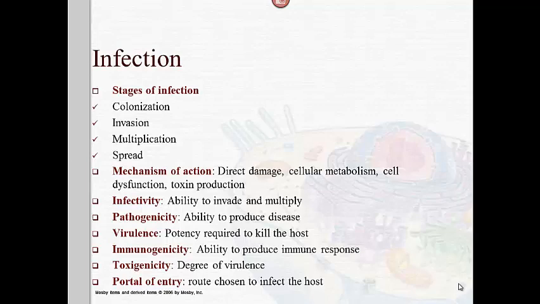By either providing a cell dysfunction, for example, if they attack the nuclei of the cell and cause DNA synthesis to be impaired, or by toxic production, because many organisms will produce either an exogenous pyrogen or endogenous pyrogen. That basically what they do is